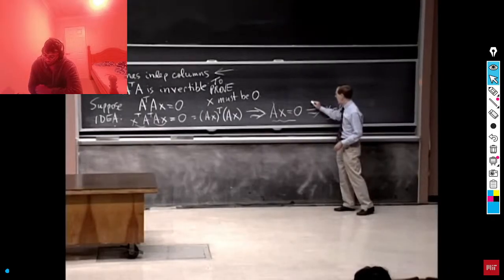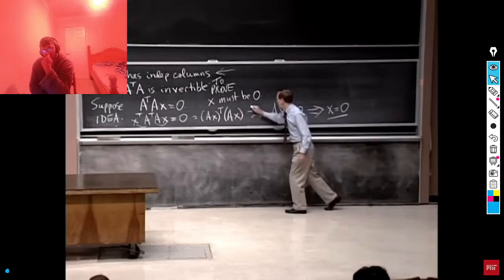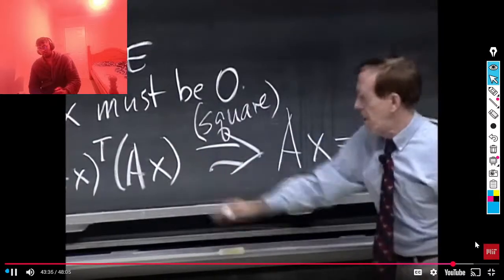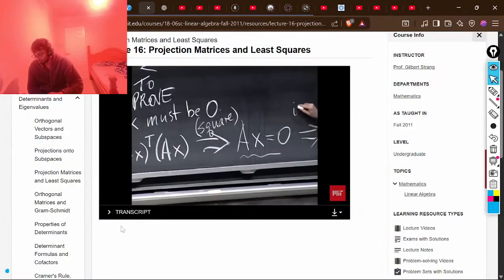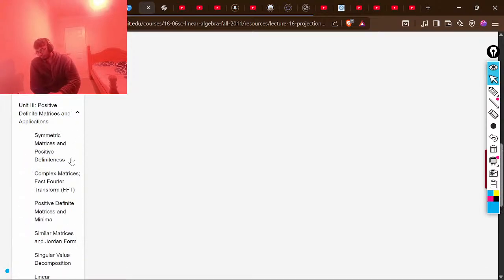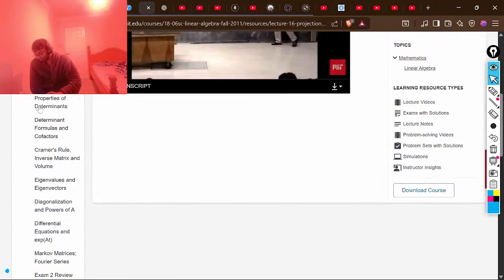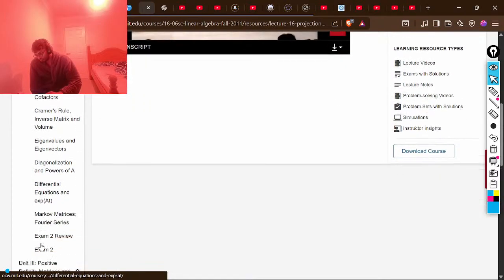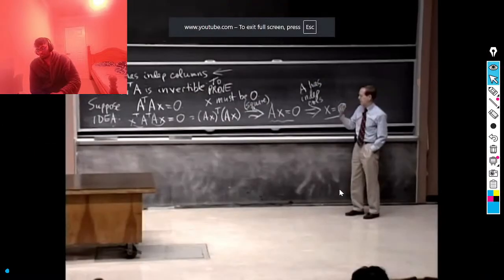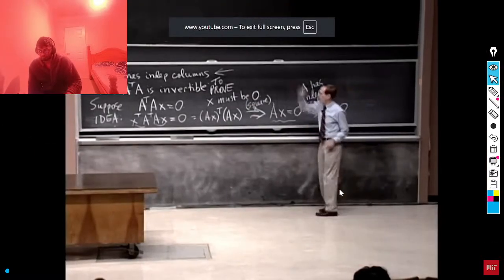If Ax equals 0, now here we use, this was the square of something. So I'll put in little parentheses the observation we made. That was a square, which is 0, so the thing has to be 0. Now we're using the hypothesis of independent columns, and that A has independent columns. If A has independent columns, this is telling me x is in its null space, and the only thing in the null space of such a matrix is the 0 vector. Okay, so that's the argument, and you see how it really used our understanding of